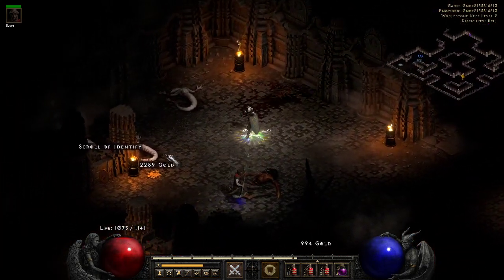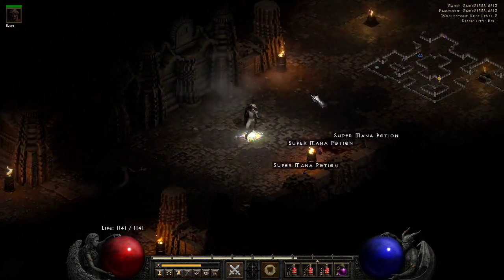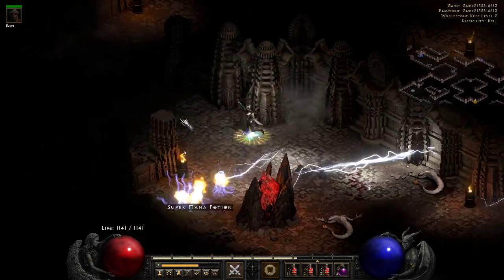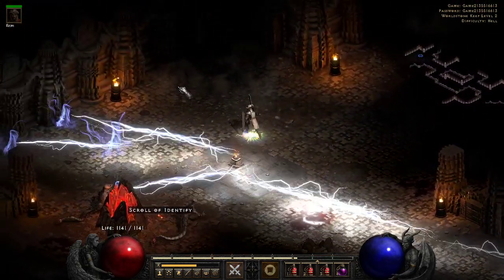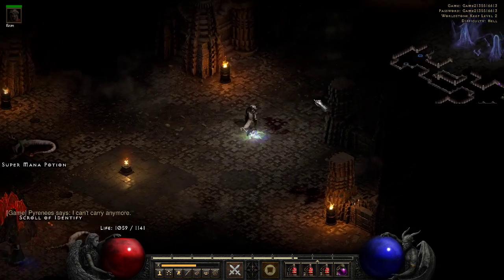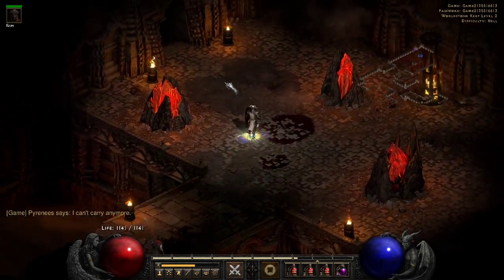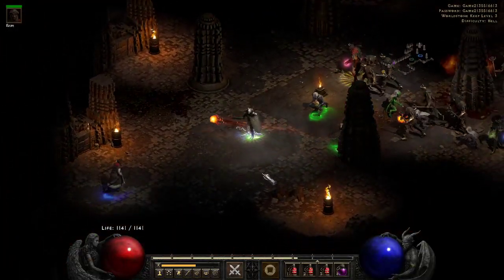This is the hardest area in the entire game, guys. Stuff just falling over dead. Wouldn't you love that kind of power? Well, you can do it too with this build. It is an absolute delight. I can't carry anymore. So assuming we kill Baal, right? There's two more places we have to kill just to show that it's viable. We got to kill hell cows, and we got to do